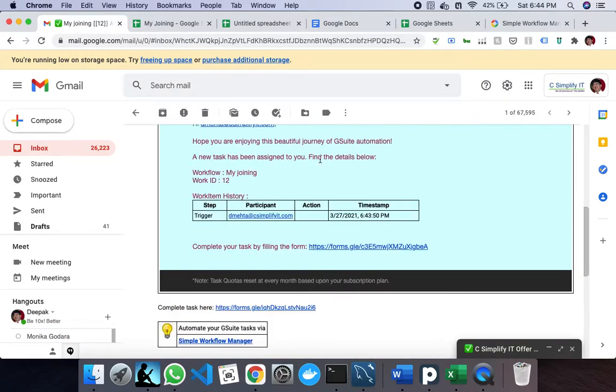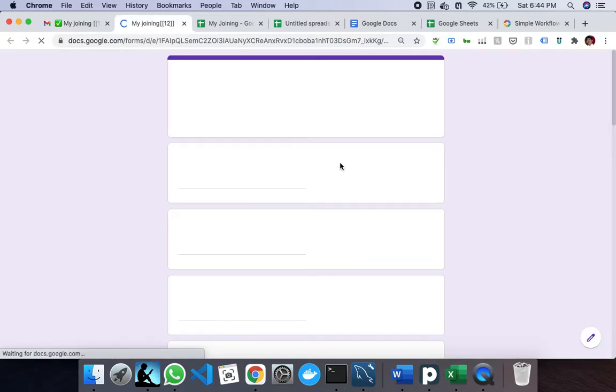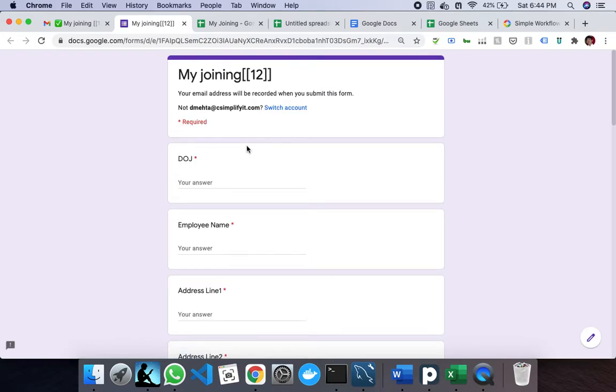I get this information that I need to fill this form. It has been sent to me at this time. You can automate all that stuff using Simple Workflow Manager. And I have to fill a form as part of this workflow.